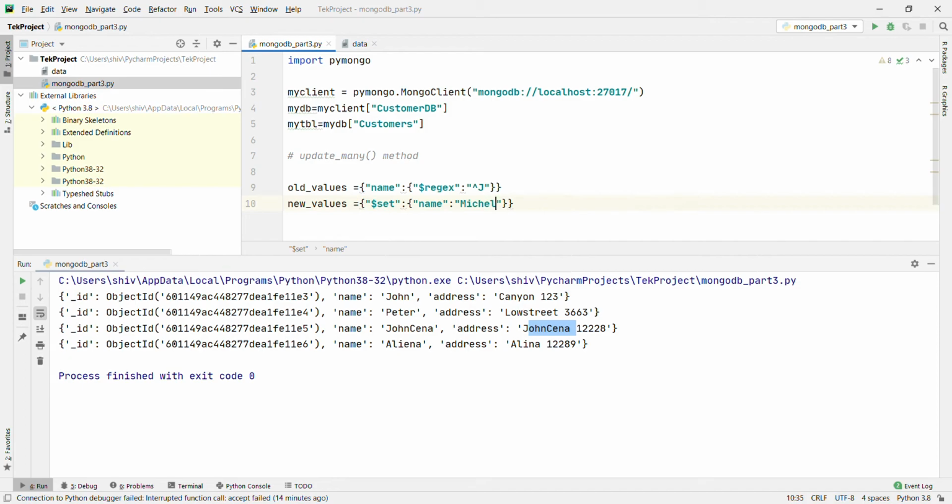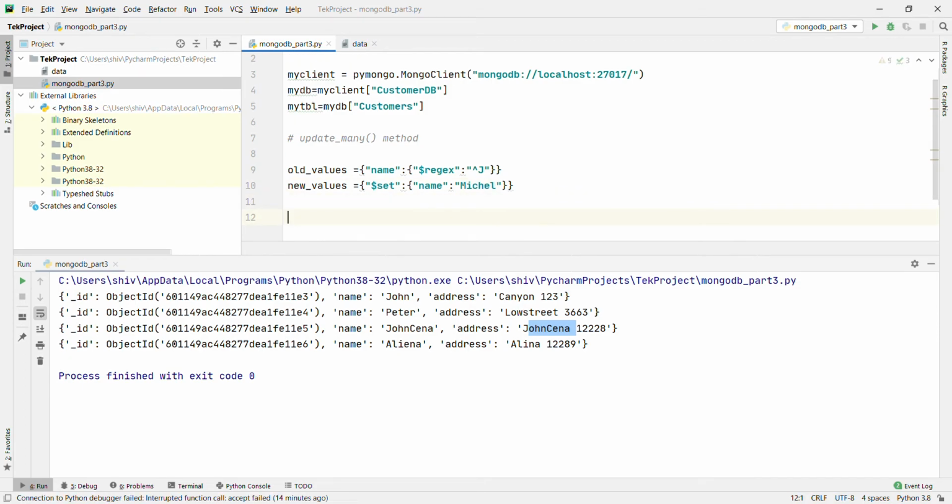I'm going to use Michael. Then John and John Cena, the first and third values, are going to be updated with Michael.